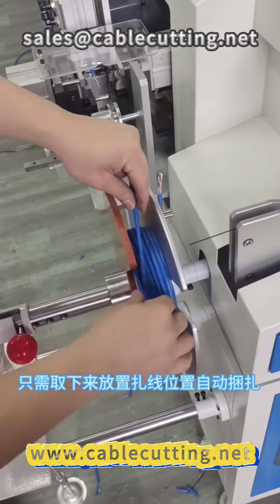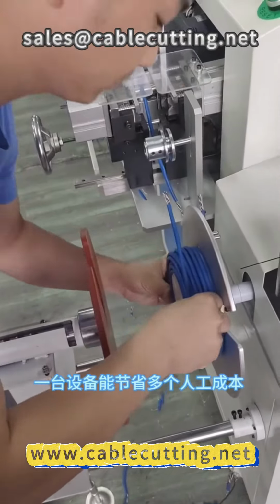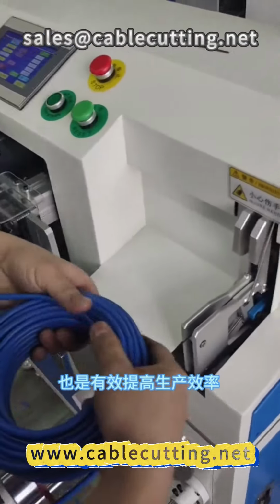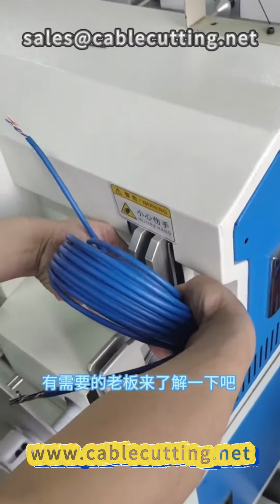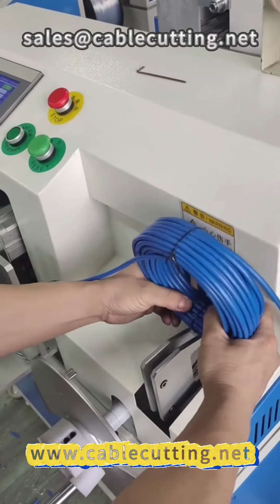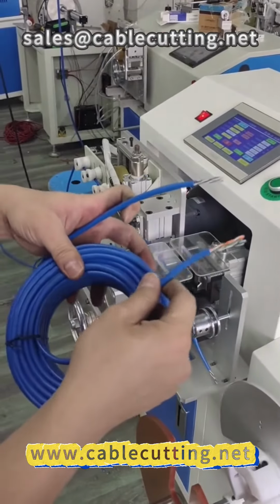Our meter counting winder is your ideal partner for wire processing. Whether you're producing wires or cables, it can help you achieve efficient, accurate production. It is committed to enhancing production efficiency, reducing labor costs, and giving you a competitive edge in the intense wire and cable market. If you're looking